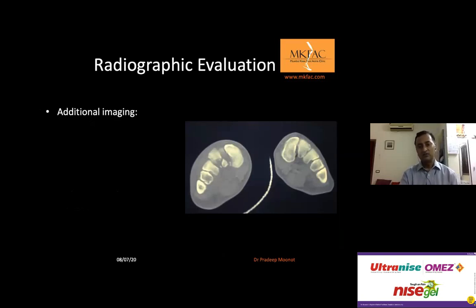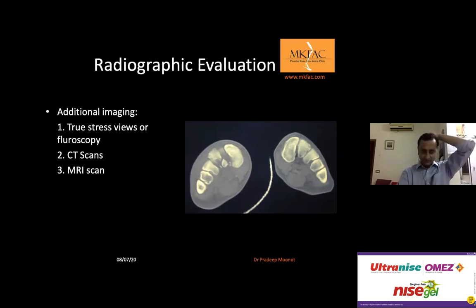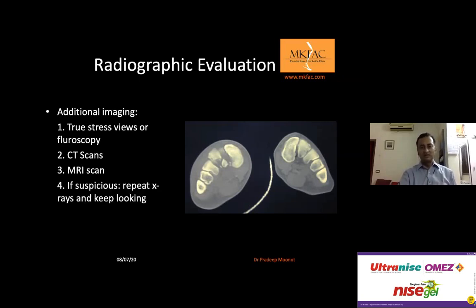Even if you cannot get weight-bearing X-rays and you're suspicious of a Lisfranc, what additional imaging can you do? You can take them to theater and do stress views or fluoroscopy and check if there is instability at the TMT joint, or you could do a CT scan, which shows a mild subluxation, or an MRI scan, which may show a Lisfranc ligament injury plus or minus the subluxation. If you're highly suspicious, as I've done in two cases, you can call the patient back in 7 to 10 days and repeat the X-rays and keep looking till you are satisfied that there is no